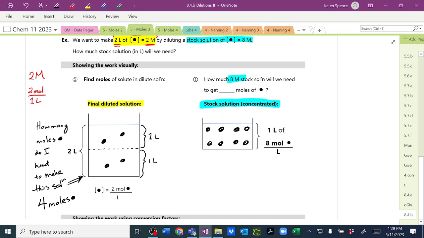Now, if I needed to take some of the stock solution and put it in a container to make my final solution, how much of that stock solution would I need to use? I would need to use half a liter, because half a liter contains 4 moles. So I would have this half liter,